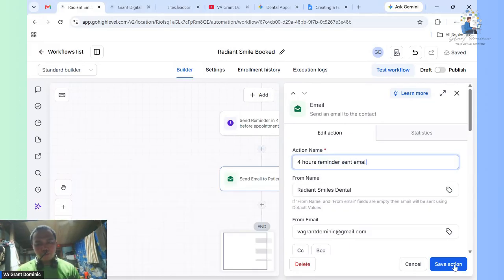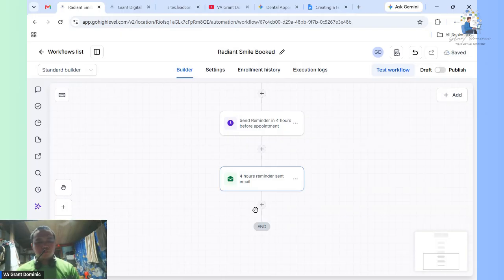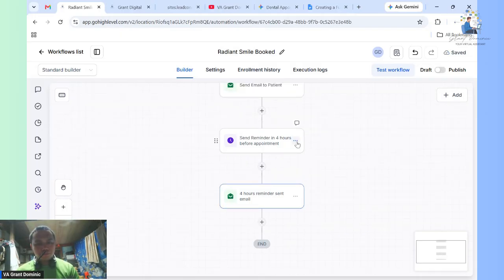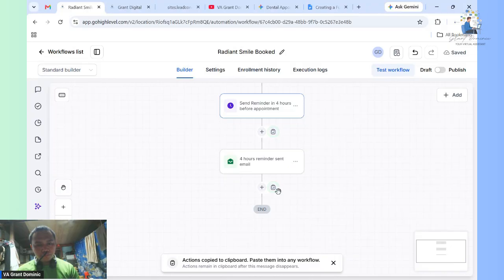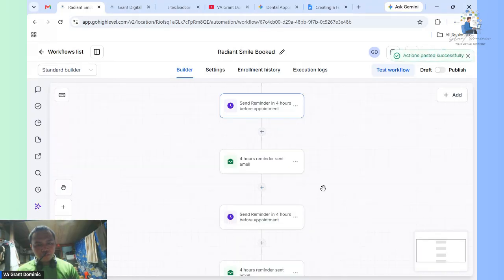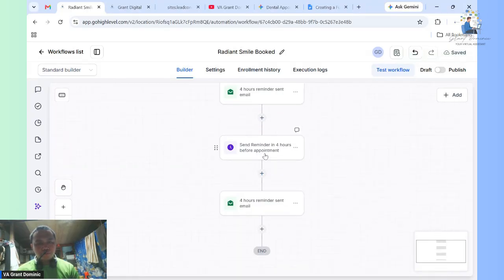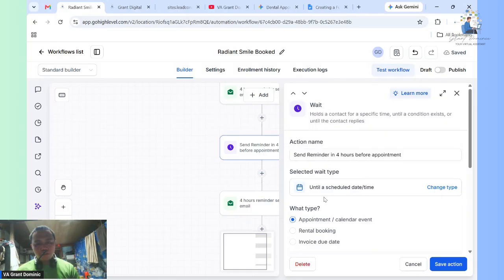Send email. And we will again send again. Paste below.